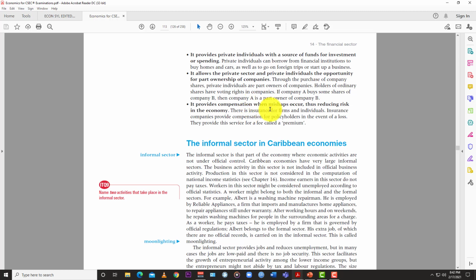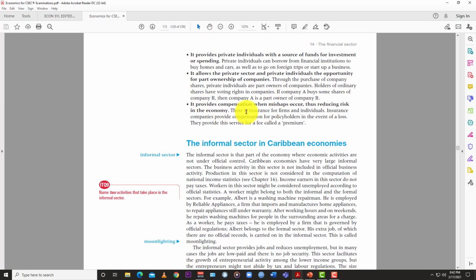So again, we look at the money market, the securities market. You can use the financial sector, the financial institutions, to facilitate the buying and selling of shares, as I said before. And if you buy your shares, you can earn your dividends, so you earn a side income just like that. And that is facilitated by the financial system with its many different mechanisms.